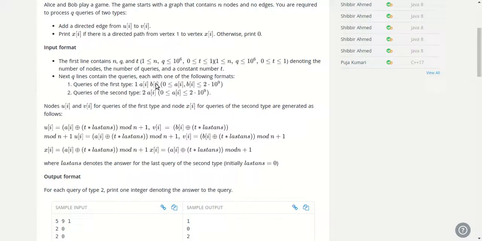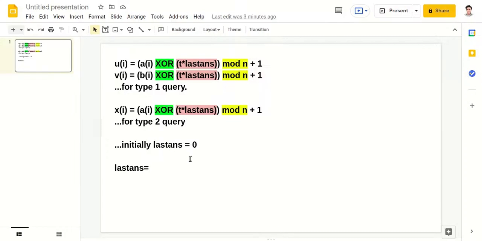Another option is using a 2D array. The index of the array will represent ui, and the second array for that index will represent the nodes where we can go from ui. Okay, so that 2D array we can make. So simply what I'm saying, simply what we can do,